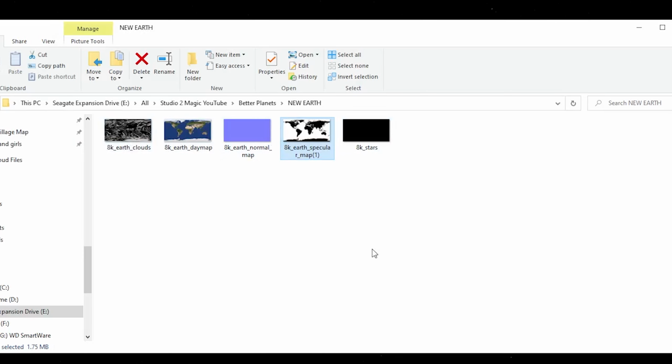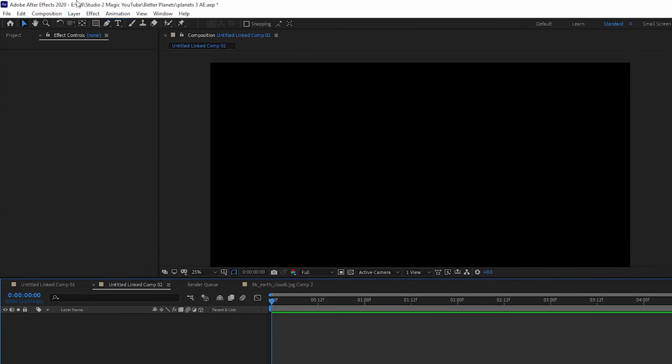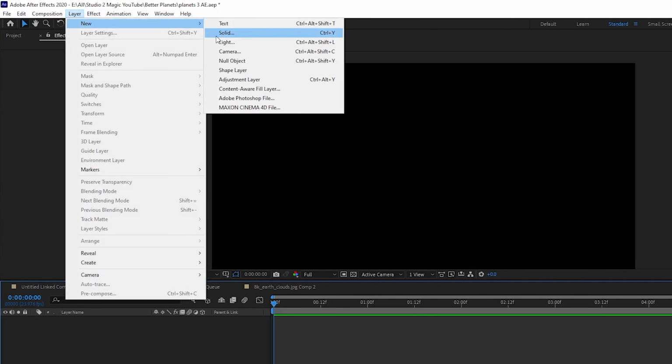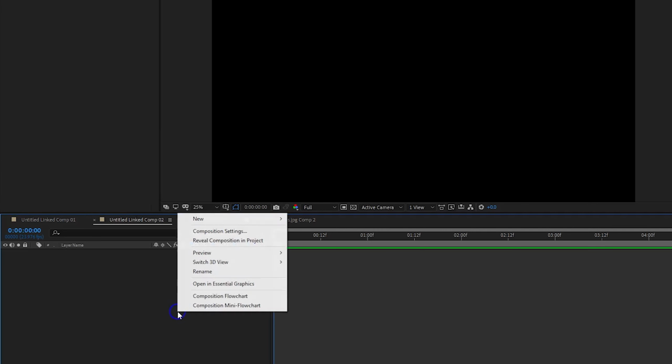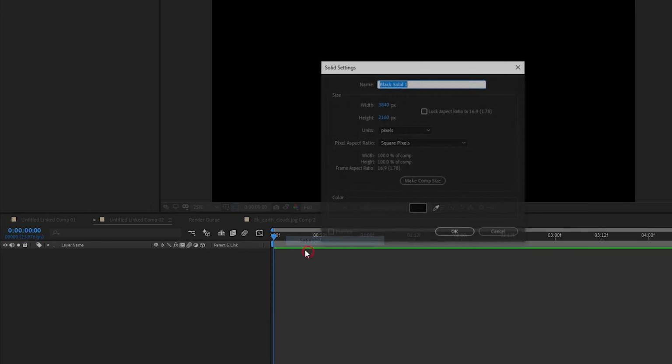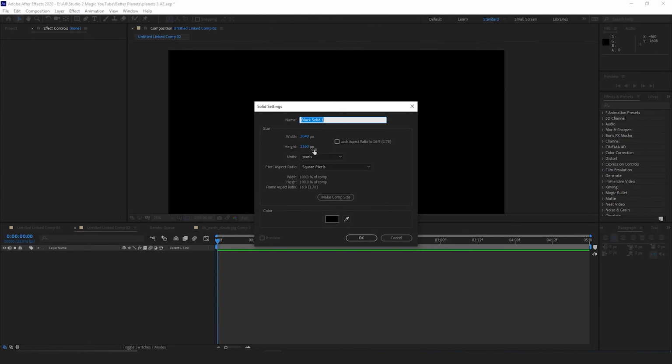Now that we have the folder with the textures in it, we can open After Effects and then open a new composition. We are working in a 4K composition, and the first thing we want to do is to create a new solid to be the Earth. I can either go to Layer at the top and choose New and Solid, or right click in the empty space here and choose New and Solid. I'm going to make sure that this solid is the same size as the comp size